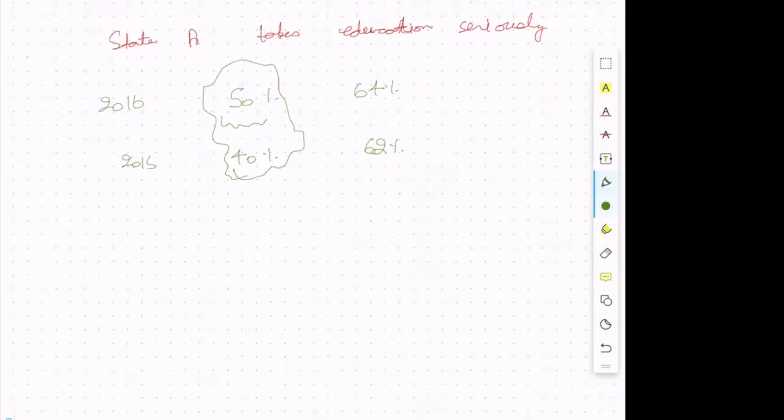Now, as we have seen, and as probably now you can imagine, these two approaches by themselves, and let me reiterate the two approaches. One is just comparing in state A before and after the policy. And second, just comparing after policy levels in state A to some other state. These approaches by themselves just do not work, and they are not enough for us to say anything about the impact of the policy. But what if we combine these two approaches, as we can see in this case?